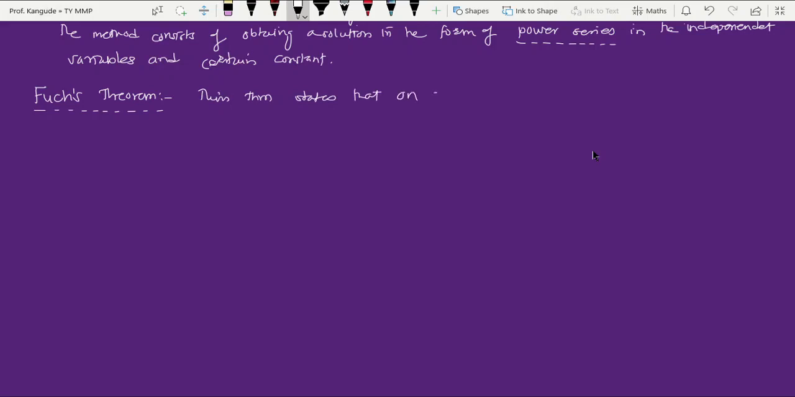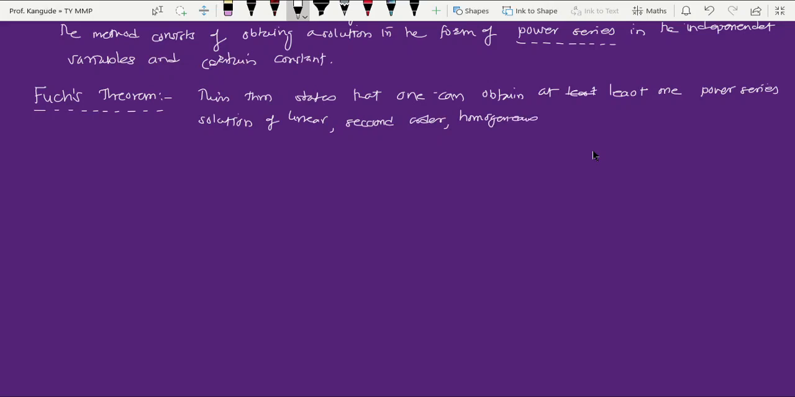one can obtain at least one power series solution of a linear second order homogeneous differential equation, provided that